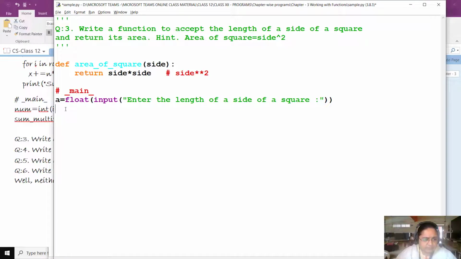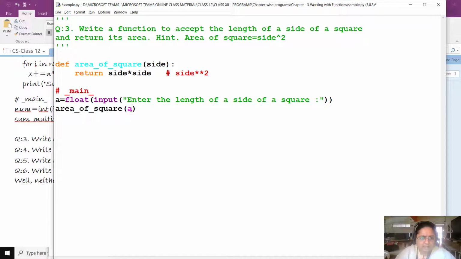The side of a square will be asked within a, and we have to call the function area of square to calculate the area of the square, and this function returns a value. So when we call the function, we will be passing a to the function. a is the side of the square which will be accepted by the parameter, the formal parameter side.